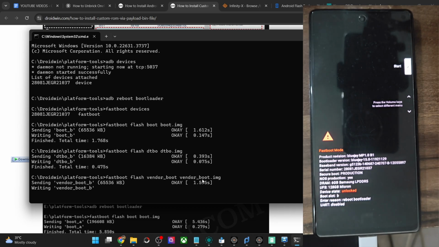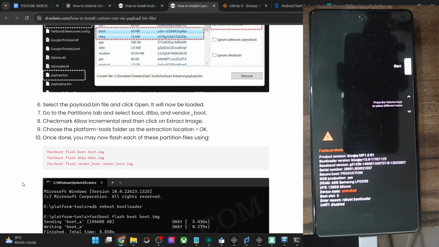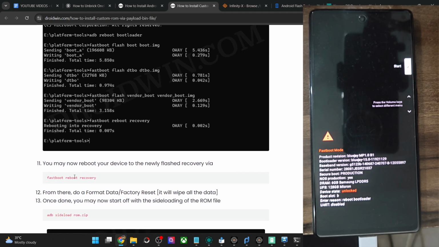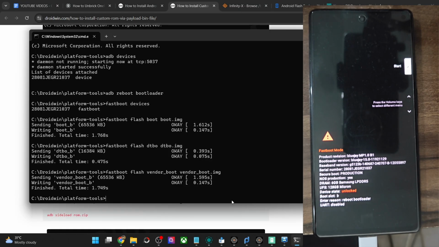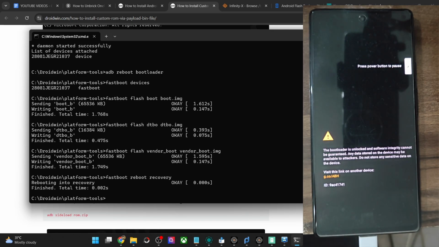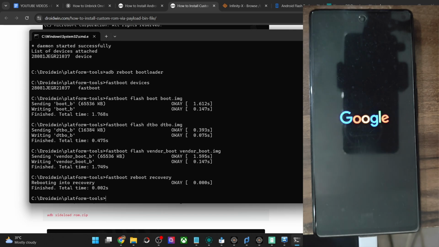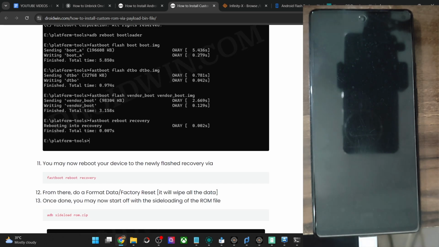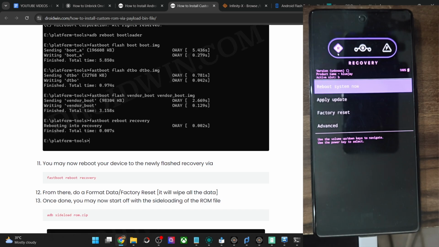And with this, we have flashed all the three files, and now we could boot our phone to the newly flashed recovery. So type in fastboot reboot recovery, and your phone will now reboot to the AOSP recovery. Depending on the ROM which you have flashed, your phone should now reboot to that recovery. So let's wait for a few more seconds. The first boot up might take up some additional time, which is completely normal, and these flashing steps are generic. There might be a little bit difference on some other phones, but usually in most cases this is what you have to do.